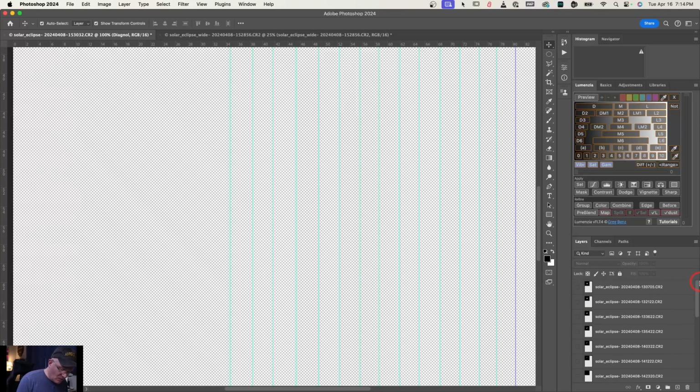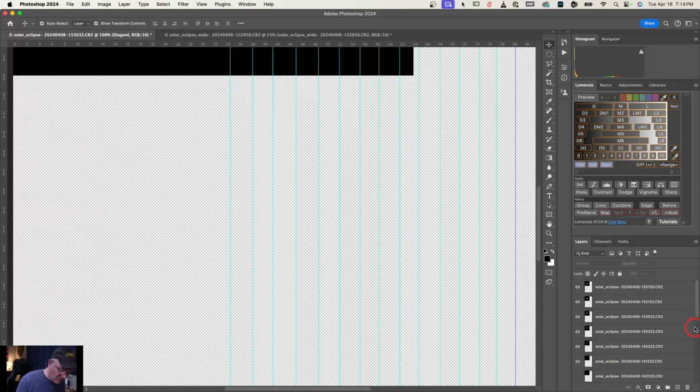So the next step that we're going to do is hide all these layers. We're now going to select all of our telephoto zoom sun images, and we're going to highlight all of those except for this last one. This last one is the full image of the sun that I took at the very beginning of the solar eclipse. So you're going to want one full-size image of the sun, and then we're going to select that one. No, I'm sorry. We're going to select the top one,